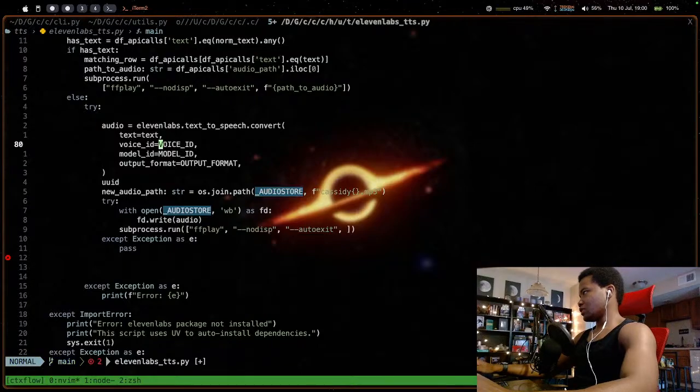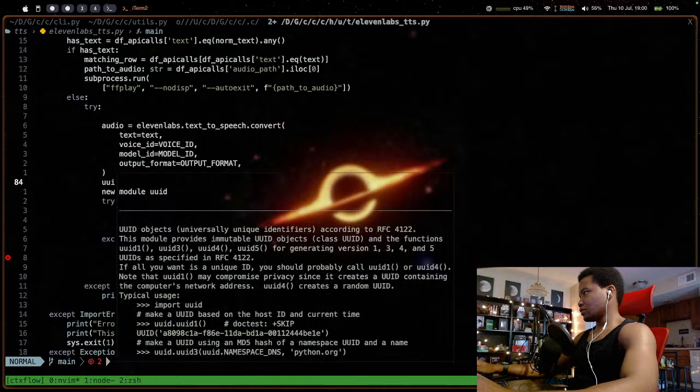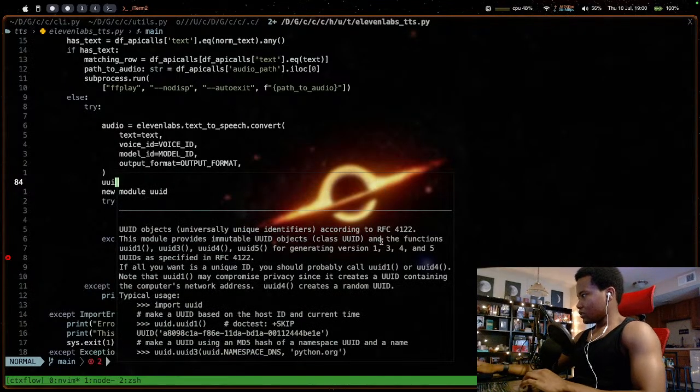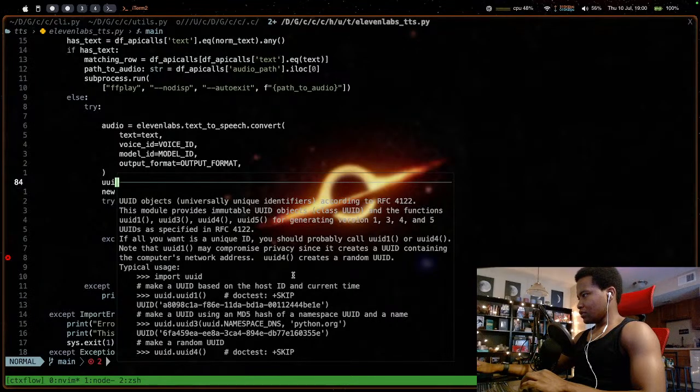But what is the return type on that? Wait, does it return an object? That's a function, so yeah, it returns a UUID object.